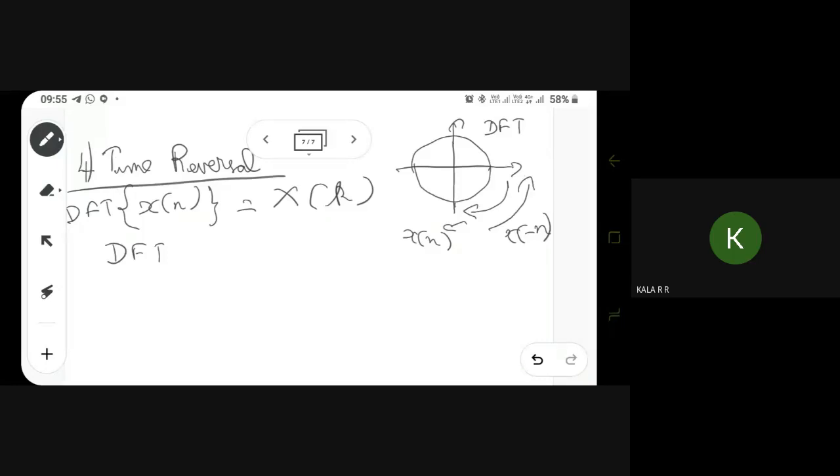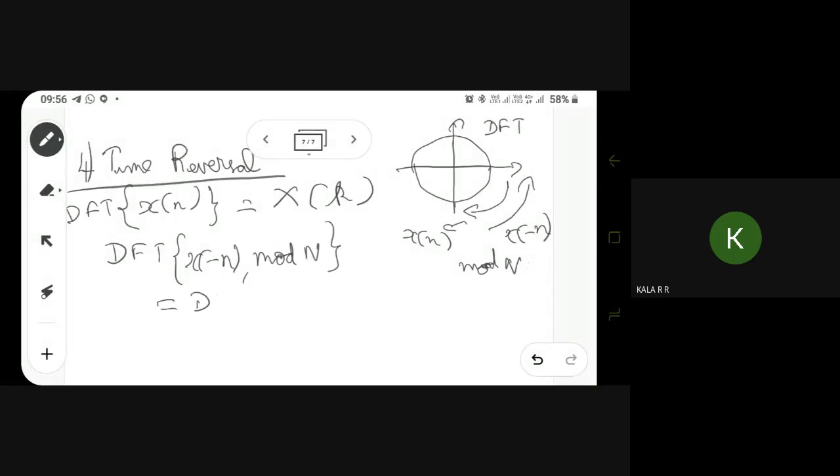Okay. So now, while taking the anti-clockwise direction, you have to keep in mind that this signal must not go negative. So you'll be taking the mod value for the sampling sequence n. So now the DFT of x of (minus n, comma mod of N) will be equal to